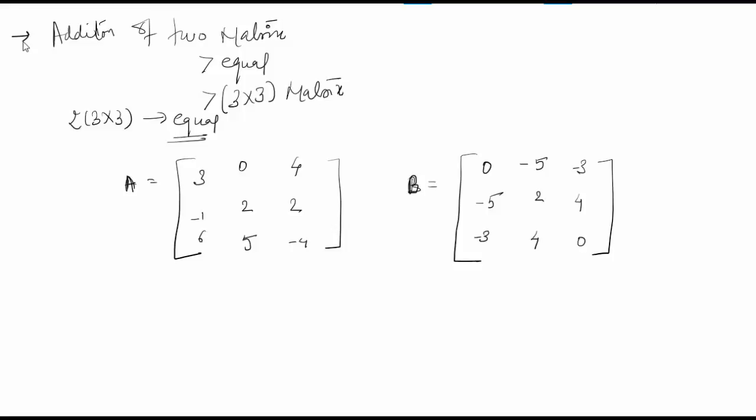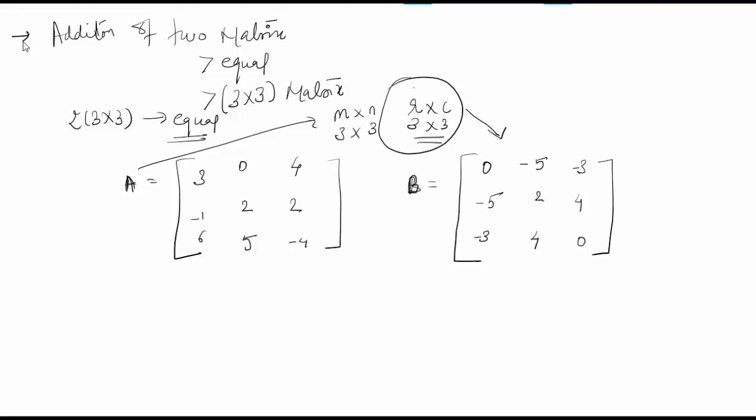So the first matrix is an M cross N matrix, which is a 3 cross 3, or you can say R cross C, which is 3 cross 3. And for this, R cross C is the number of rows and columns, both are 3. So since both are 3 cross 3 matrices, it is possible to add them, and the A plus B matrix,